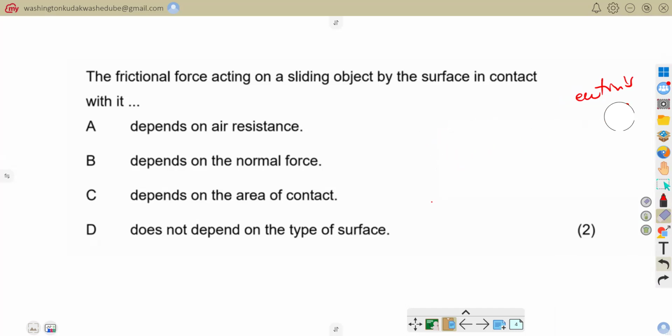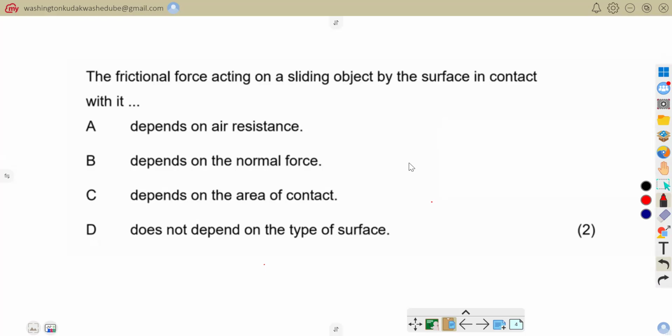So, without wasting time, let's dive deep into this question that I've brought you today. This is also from a past exam question paper. I just tried to find at least a question that will give us practice. It was a multiple choice question, and it said: the frictional force acting on a sliding object by the surface in contact with it dash. It depends on air resistance, depends on the normal force, depends on the area of contact, does not depend on